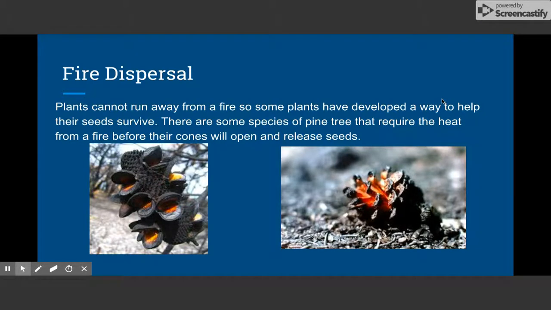Then we have fire dispersal. So plants cannot run away from a fire. Some plants have developed a way to help their seeds survive. There are some species of pine trees that require the heat from a fire before their cones will open up and release seeds. So basically what happens is once these cones reach a certain temperature, they will open up and